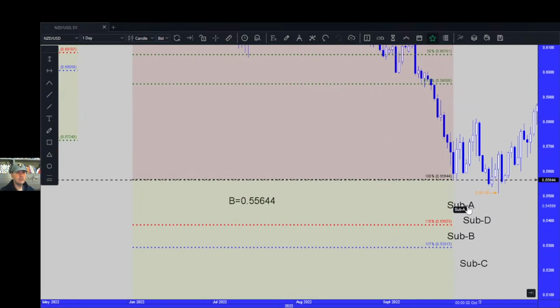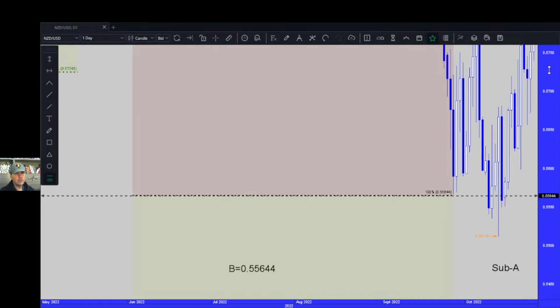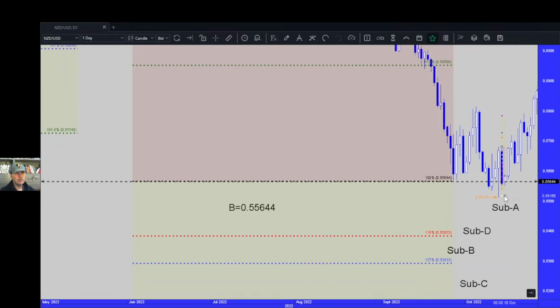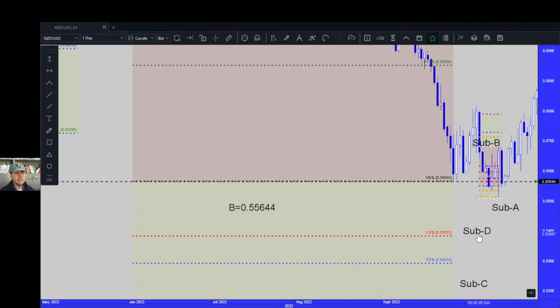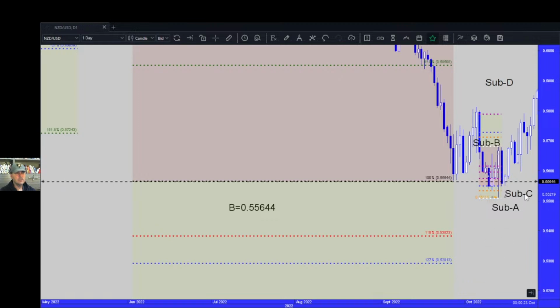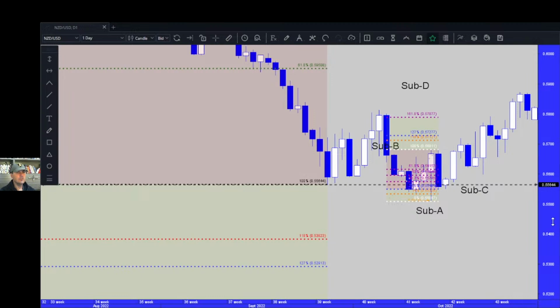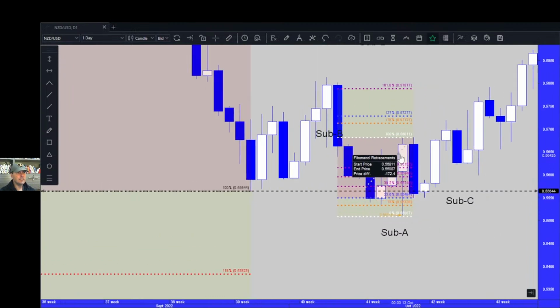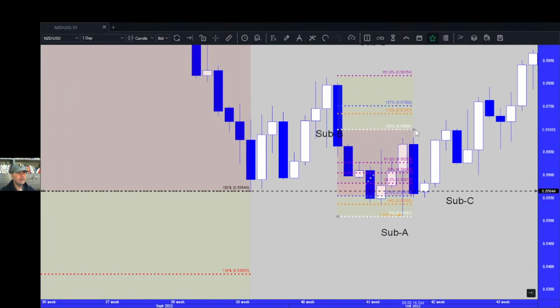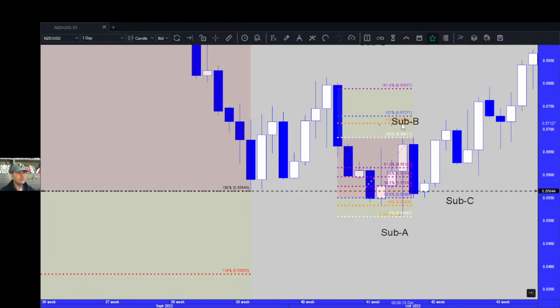Alright, everybody, so the first low is our sub A, and we need to find the first high. Yes, it's 1, 2. Okay, so we have our sub A, sub B in here already. The very next candle is the sub B. The very next candle is the sub B. It's a high. Alright, so we have sub A, sub B,